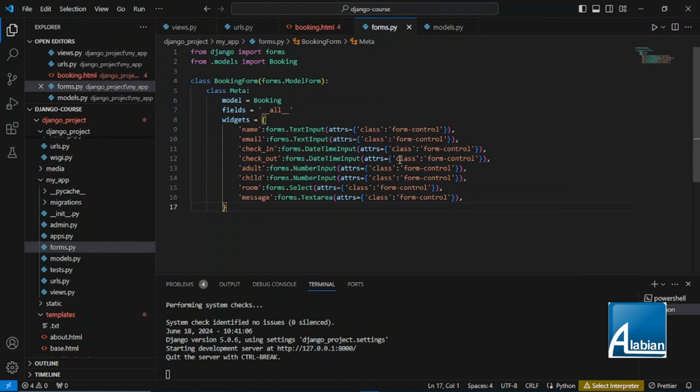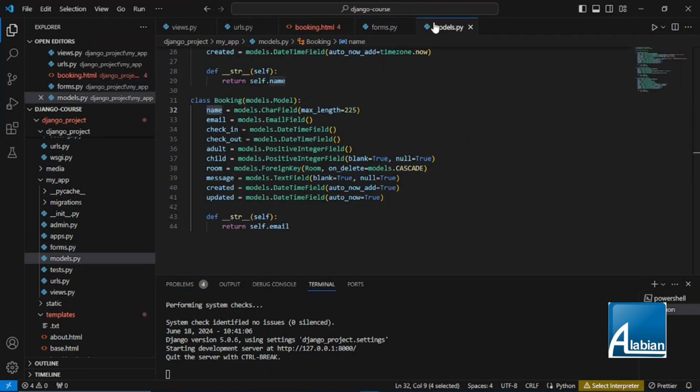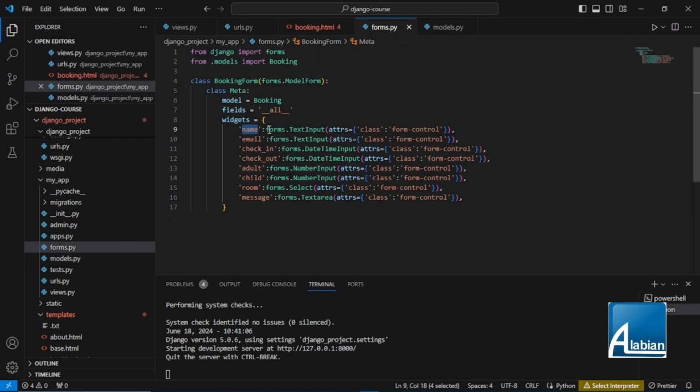So what I just did was to quickly create that. Now I can see my widget. I had to do a widget, which is a dictionary, and the key is the name of your models. So you can see all the names of our fields here in our models, and I passed that here, and the widget, the text for the text inputs, for the date time, for the numbers, for the select, and so